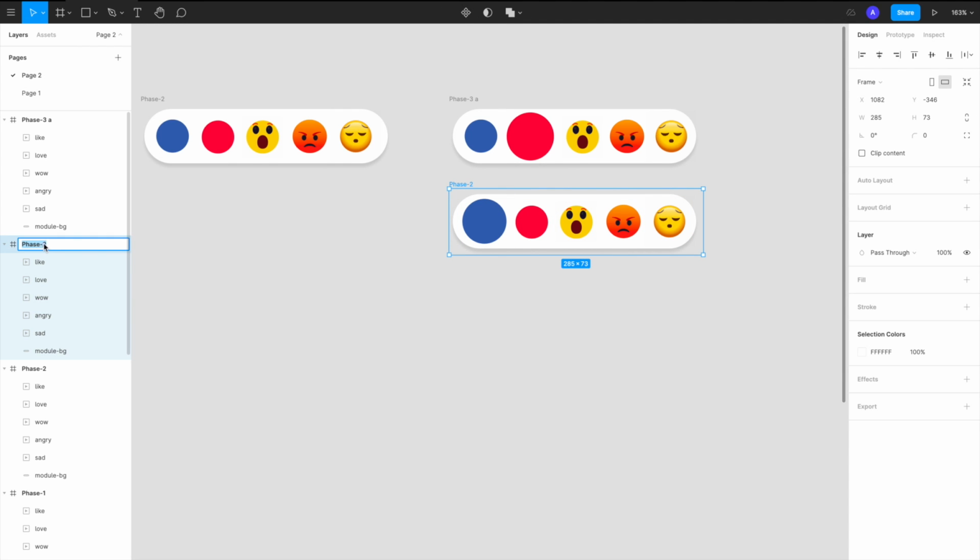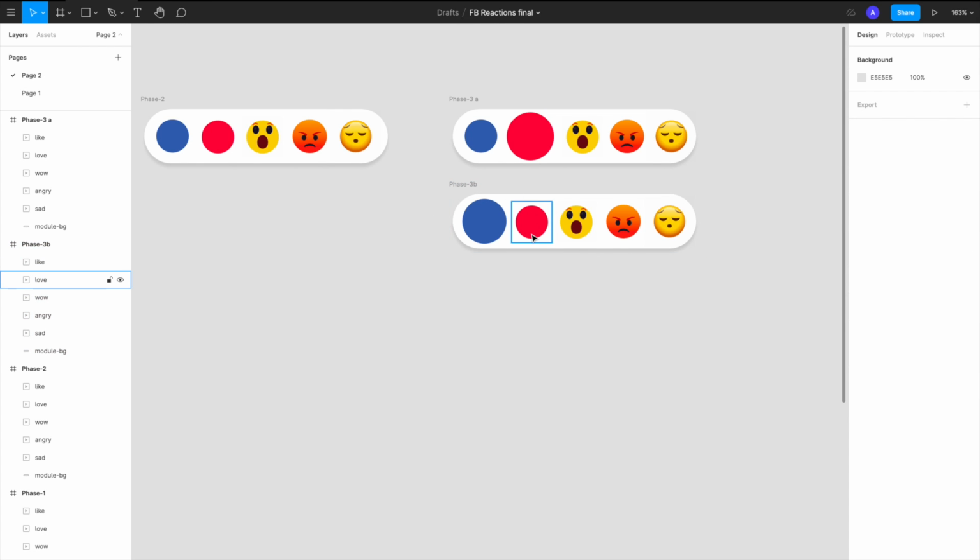And we'll call it phase 3B. So guys, the same way you need to do it for all these things. You need to create the zoomed stage for all of these interactions. So I'm going to do that really quickly now.